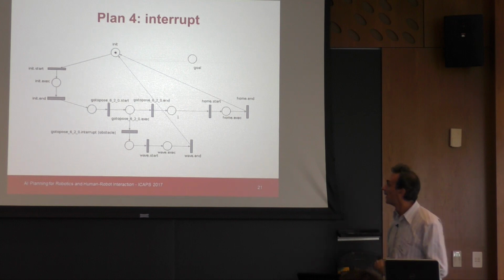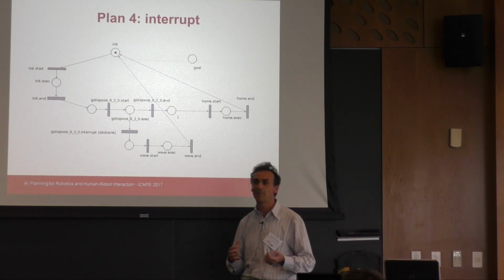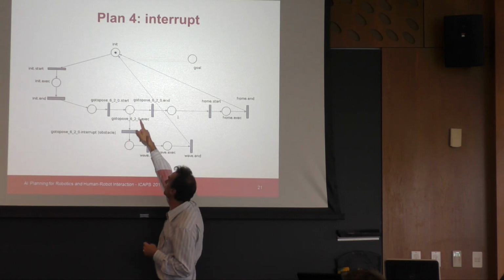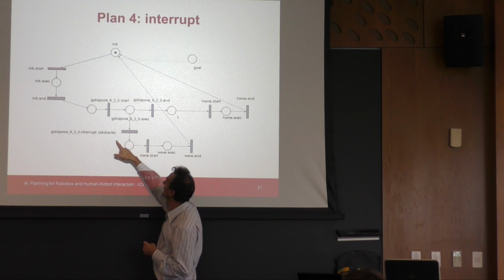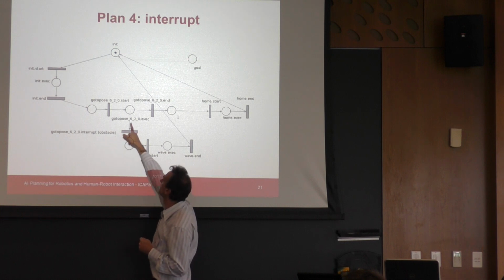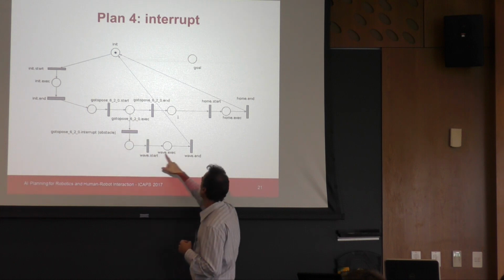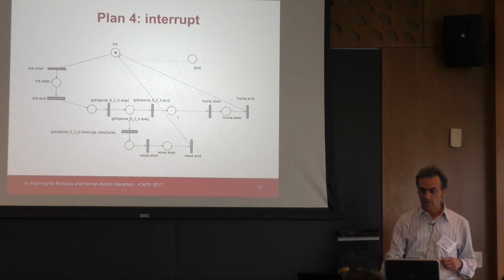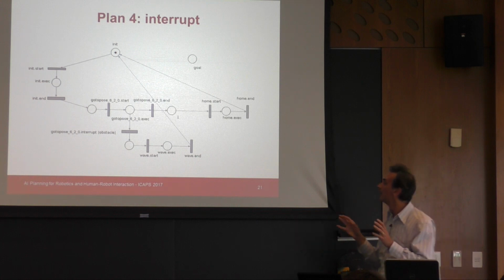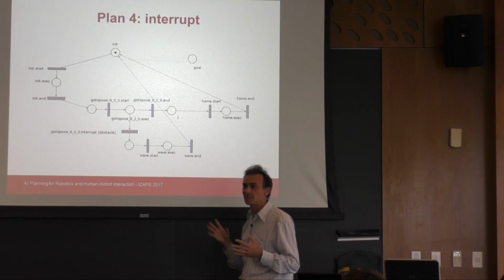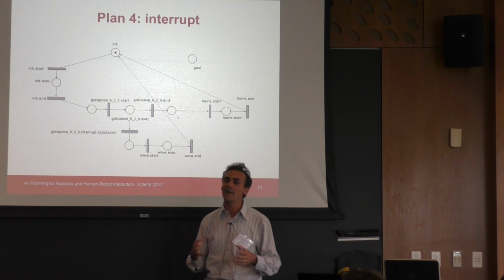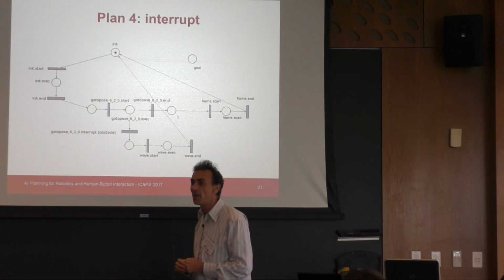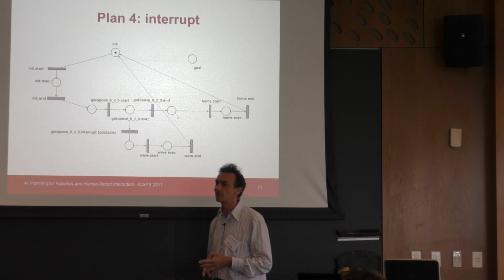Okay, so you can represent very complex tasks. And of course, you can combine everything with interrupts. So this is similar to before, but now we have an interrupt. This means that we add something that if we detect an obstacle during this action, go to pause, then we do something else. Okay, so even if we have just a few elements, 2 actions and 4 operators, we can combine all these elements in many complex ways and form plans that are very complex.